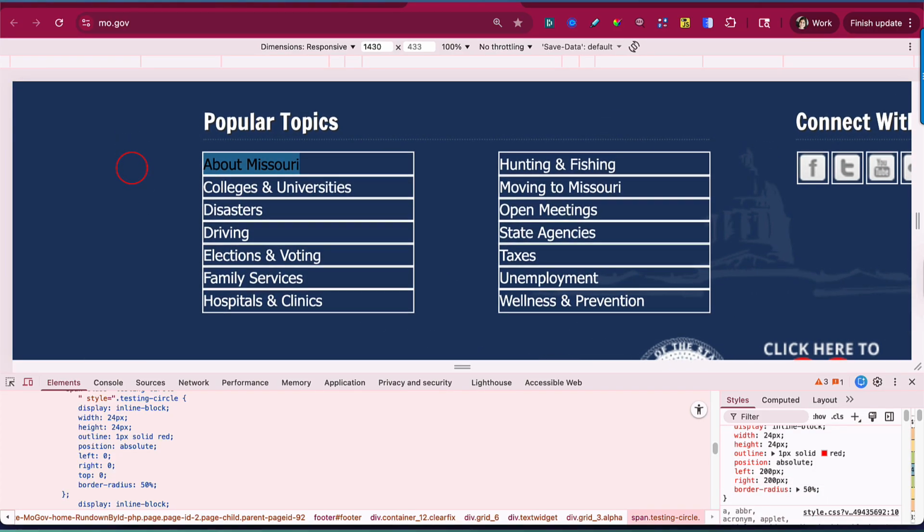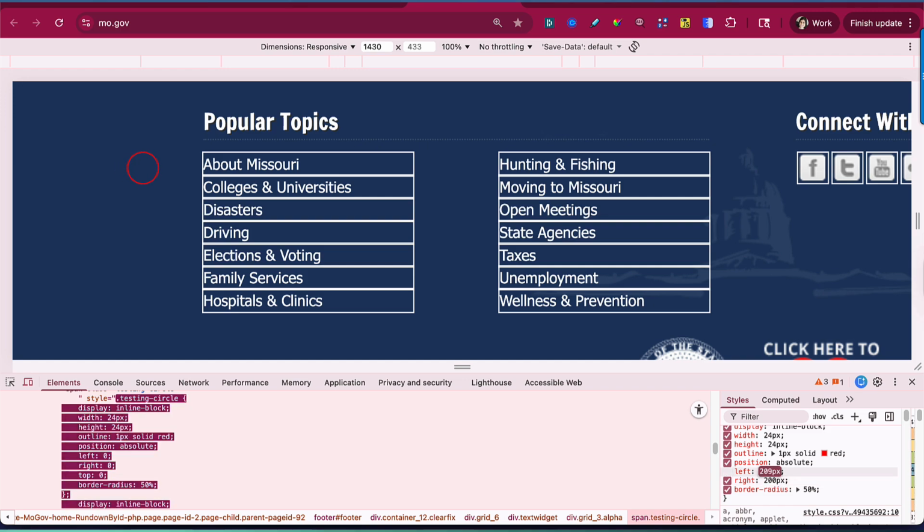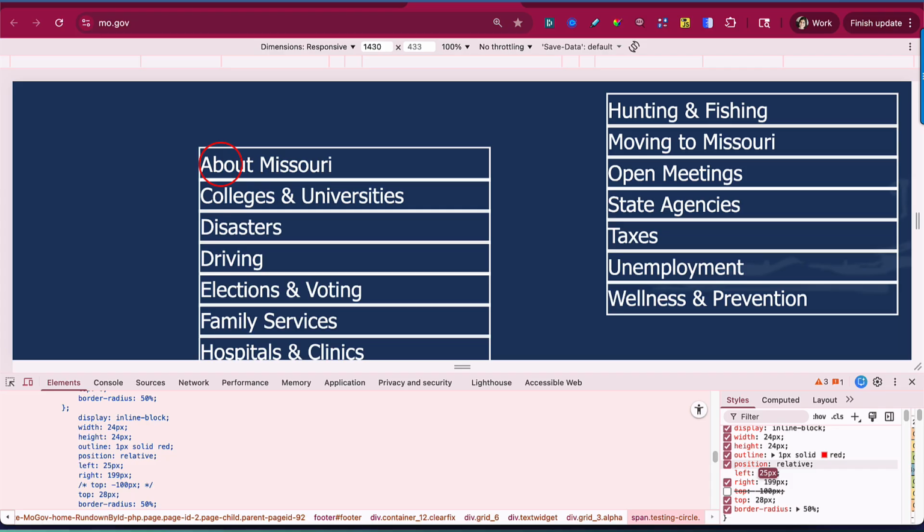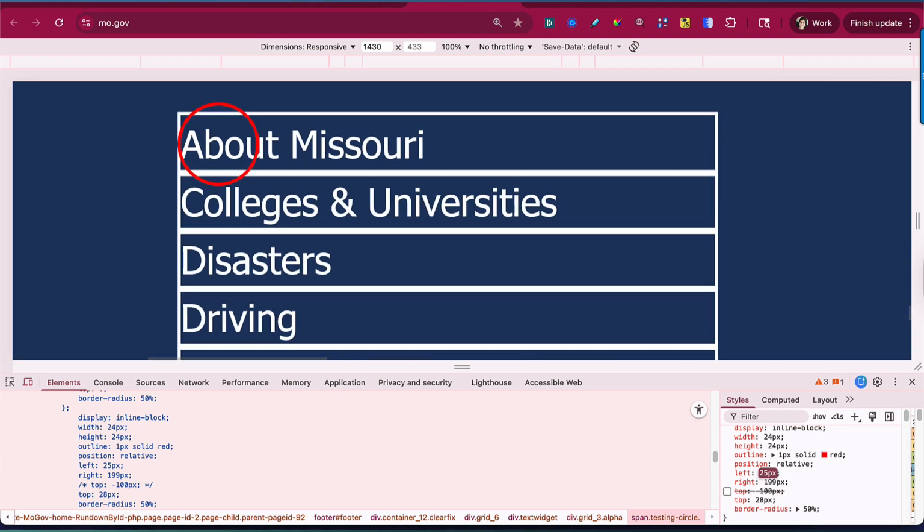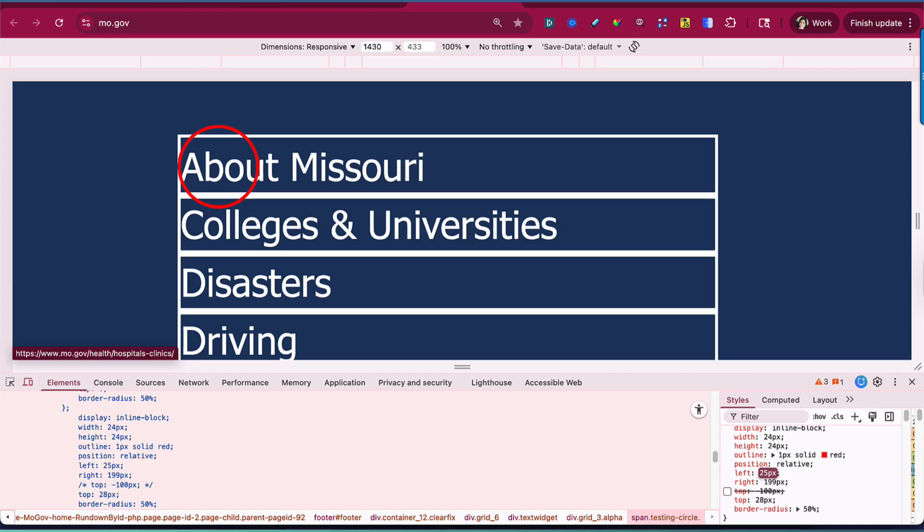Okay, now we have our circle, which is 24 by 24, and now I want to position it exactly on top of those links, right? So what I'm going to do is I'm going to just try to position it exactly so that it goes there. So I'm just going to increase the left. All right, so I positioned the circle on top of the link, and the circle has a little bit of the bottom link coming out of it. So that means that those links are undersized, and they actually follow the